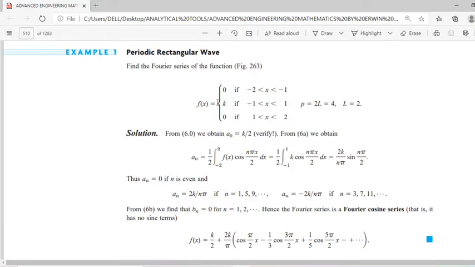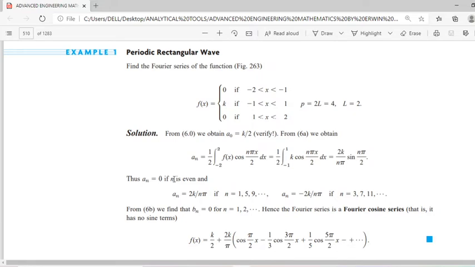In all other regions k will be 0, so we can consider only minus 1 to 1. So k into cos n pi x by 2 dx. After integration it will be 2k by n pi sin n pi by 2, and you can substitute the limits 1 and minus 1. Since sin 0, sin pi, sin 2 pi are 0,